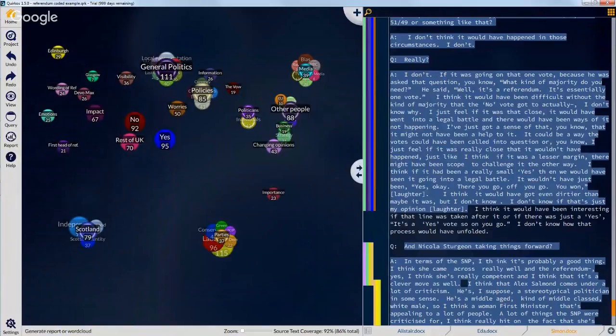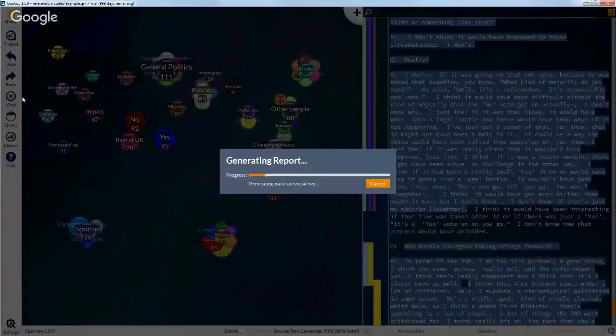So there's a couple of options in the report here. So you can generate word clouds. That's quite a new feature in Quirkos. And those are quite fun. They kind of show the frequency of different words that appear in the project. So kind of like a linguistic analysis. But if I click on create report here, this basically creates a kind of summary report